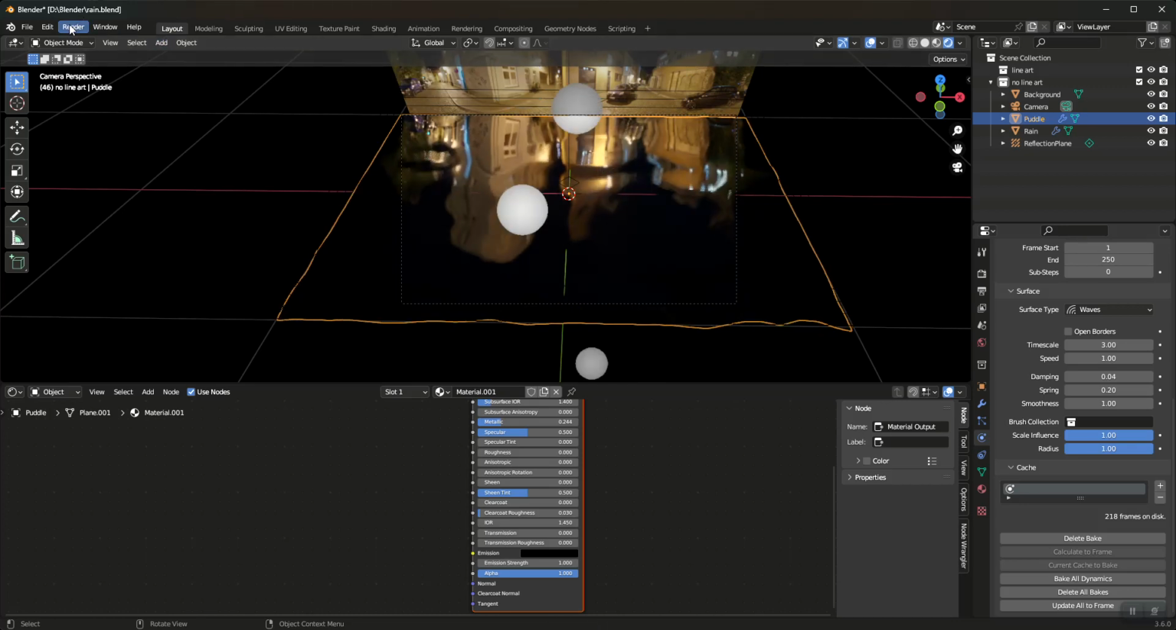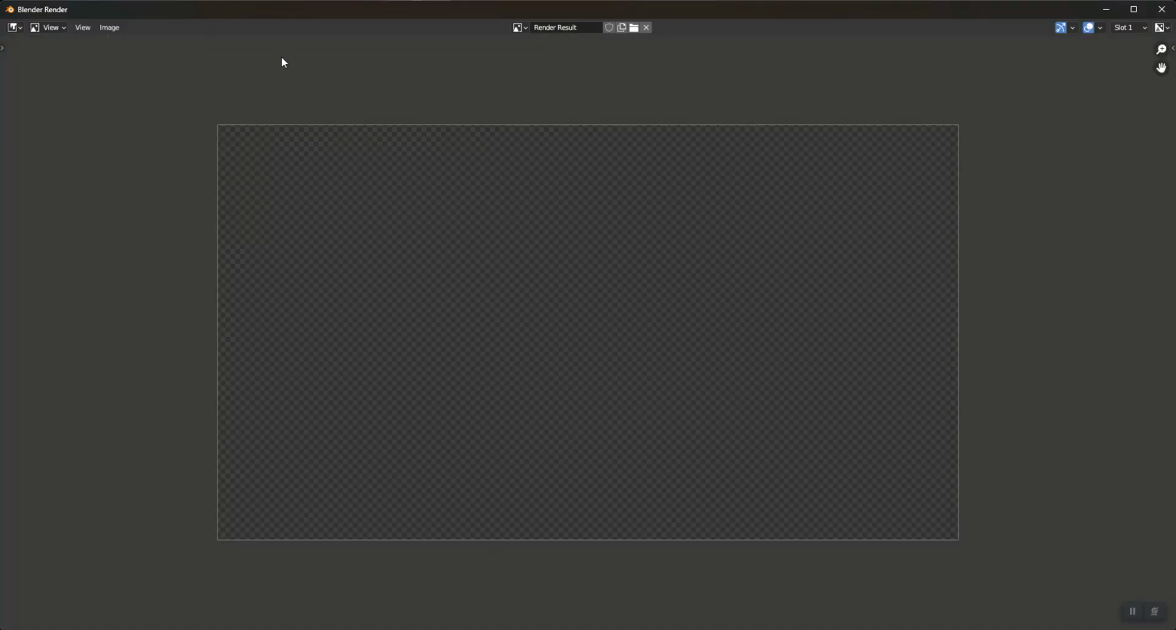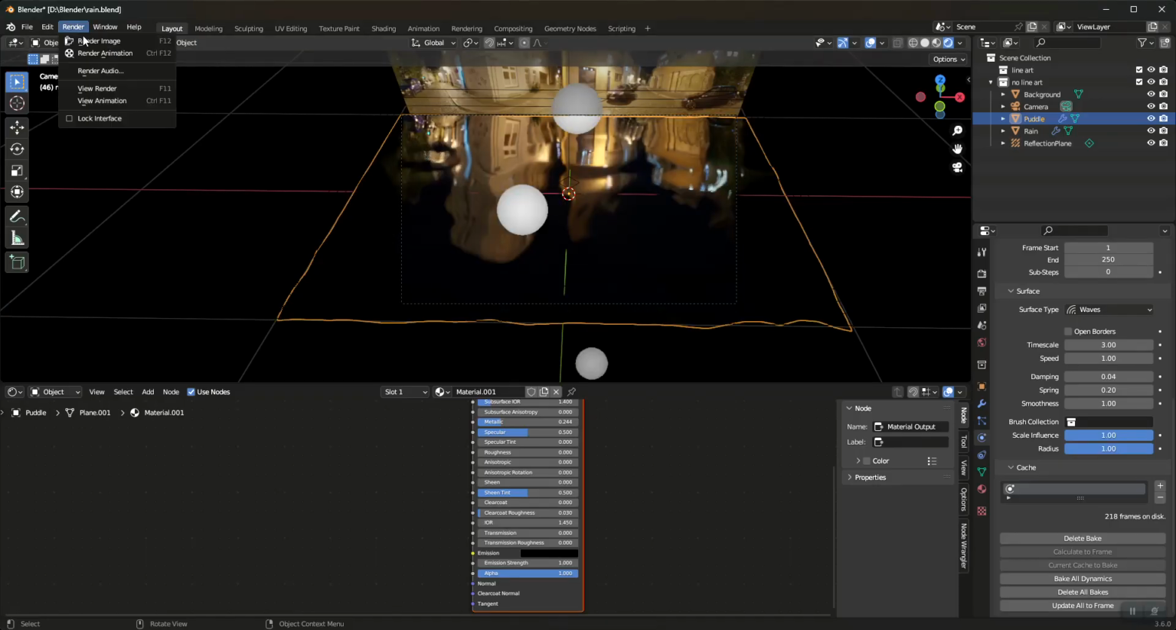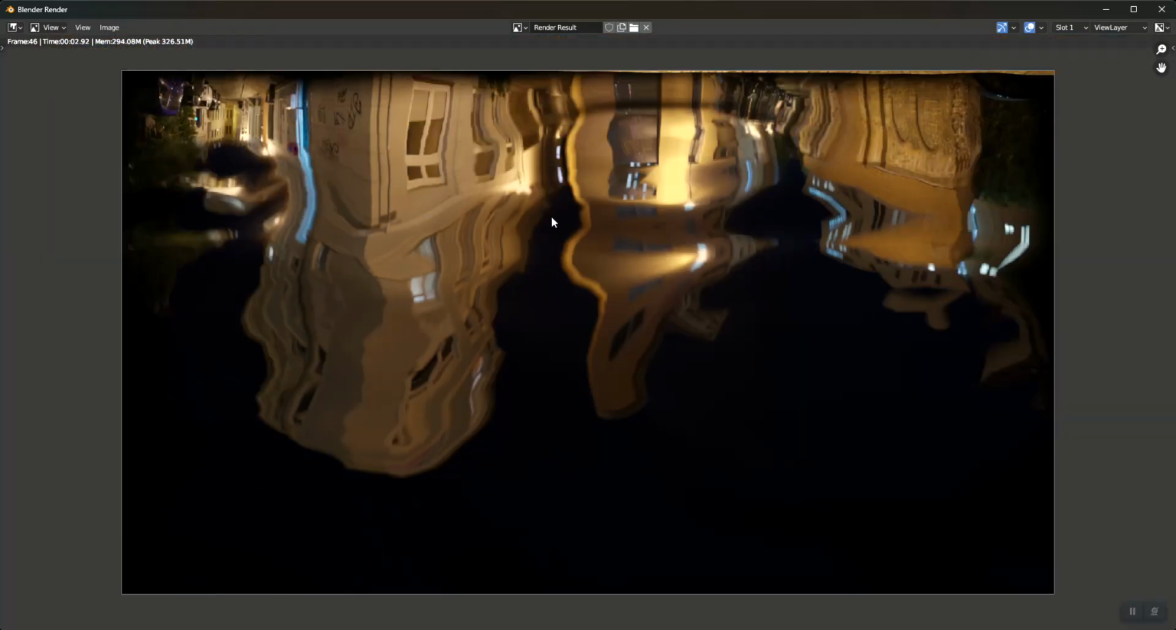There we go. Got some. Should have some good ripples there, and render. Oh, I didn't mean to do render animation. Let's close out of that. And let's go render image. And you'll see there we have both our reflection and also the